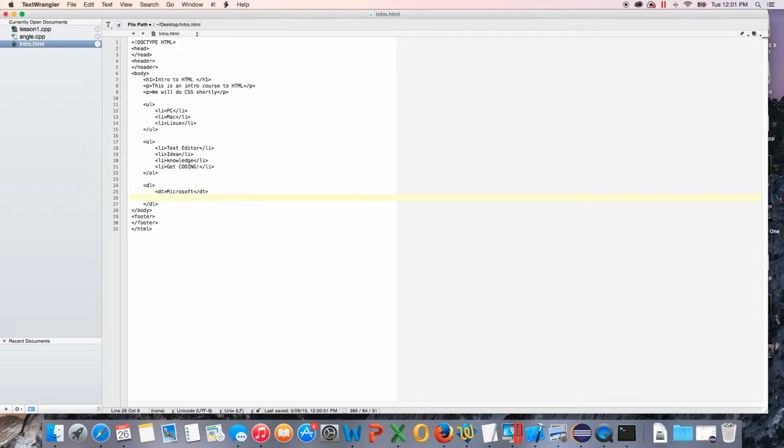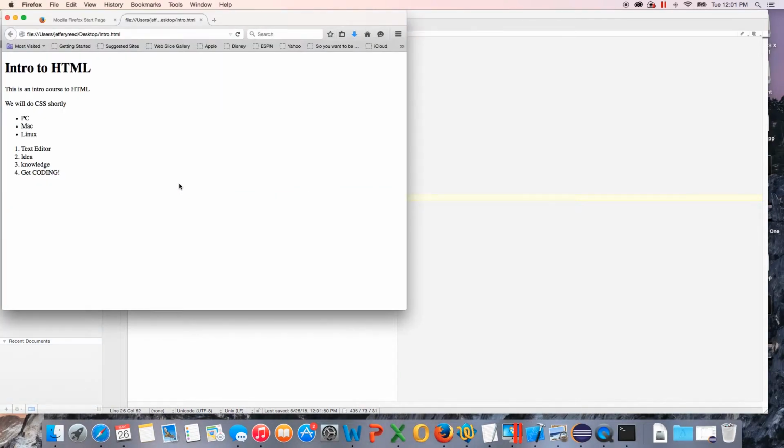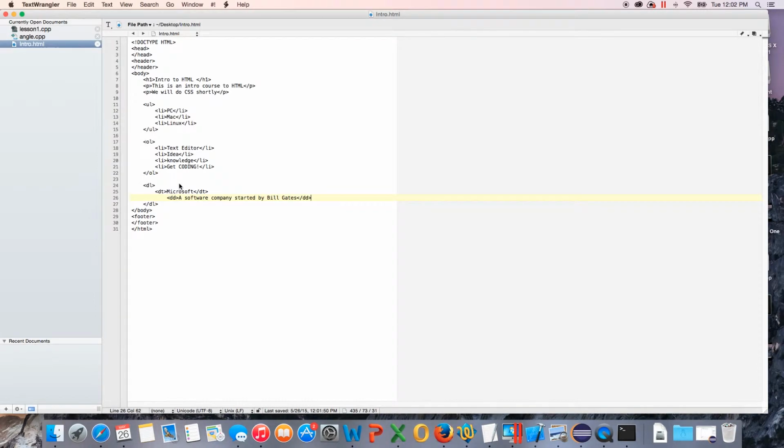And then we will indent some more, do DD, which stands for dictionary definition. And we'll say a software company started by Bill Gates. Okay, then you close it up with your closing DD. Okay, and then we'll hit F5, and then there you go. So it looks just like it would in the dictionary. It indents it on its own for the dictionary definition. So we'll go back,